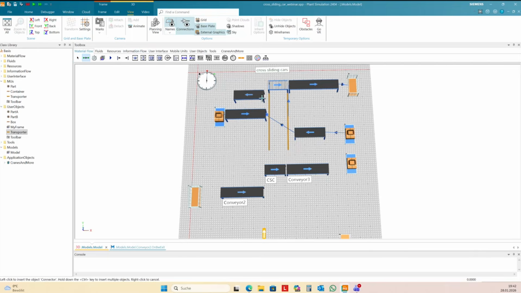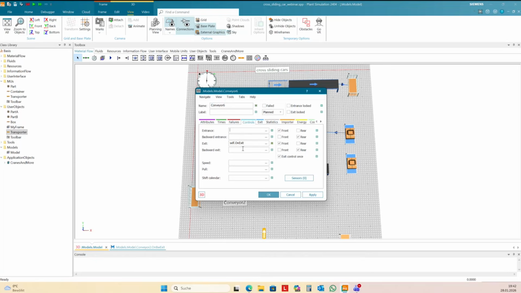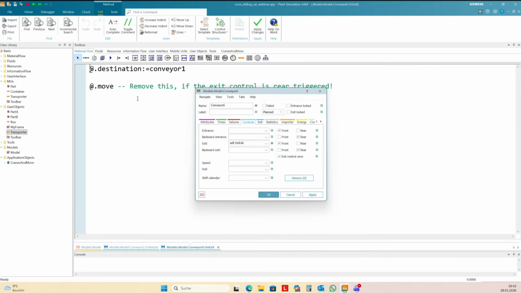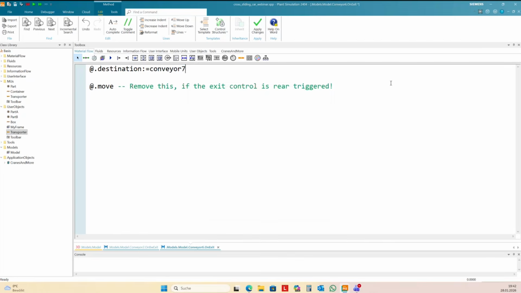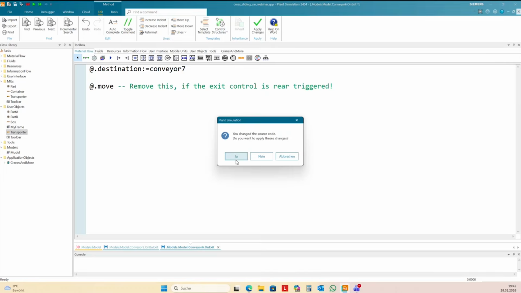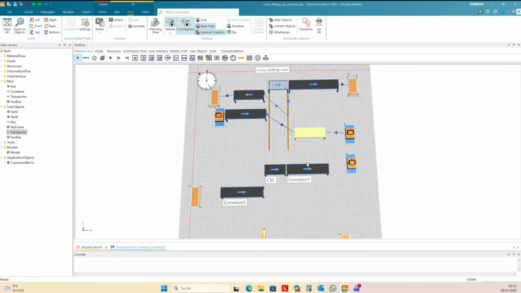You only need to connect this. And then we need to train. And the destination is conveyor 7. Okay, let's have a try.